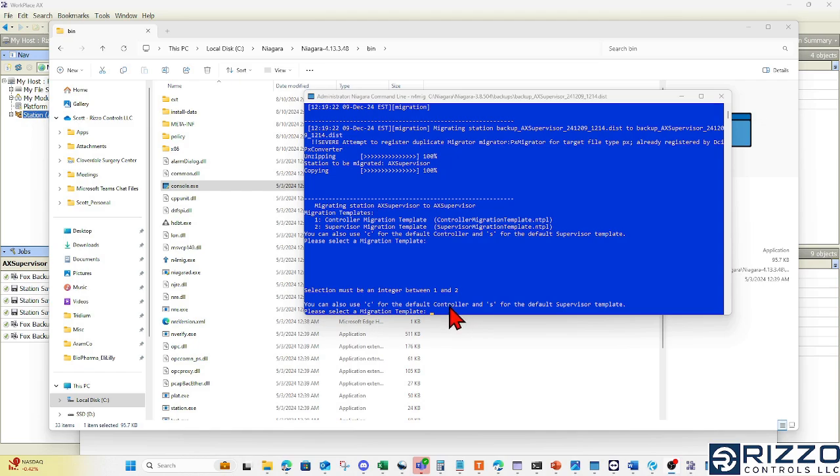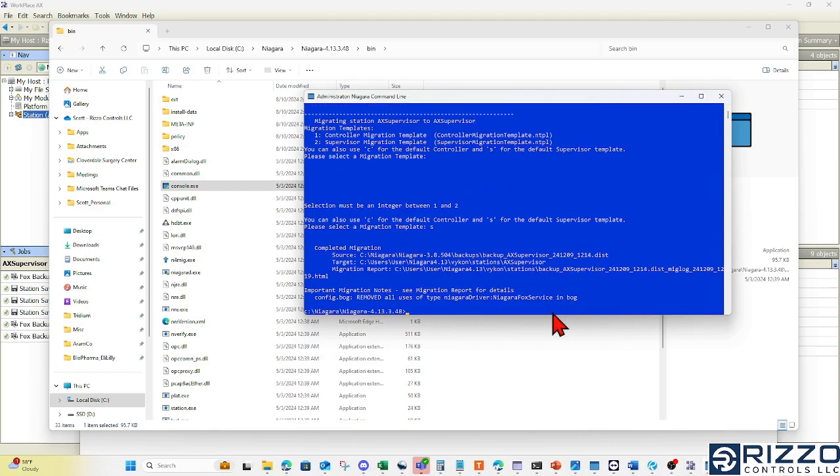Here I have to pick a template, whether it's for a default controller like a Jace or an S for a supervisor. In this case, I will type S for my migration template and click Enter. And there it is. That migration's complete. You can check out the actual migration report to see what might have went wrong, and where our new N4 station is under the user home, my 4.13 Vicon build, and the name of that station